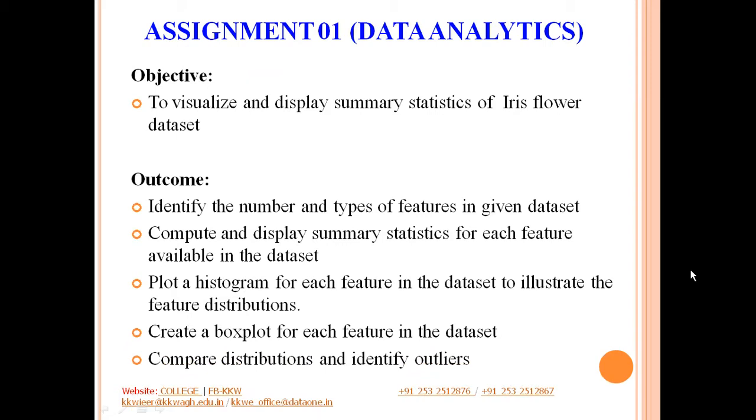We will be able to compute and display the summary statistics for each of the features, plot a histogram for each of these features, create a box plot, compare the distributions and identify the outliers in this dataset. So let us start now.